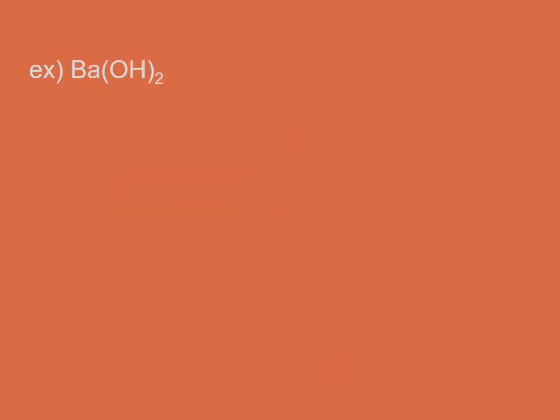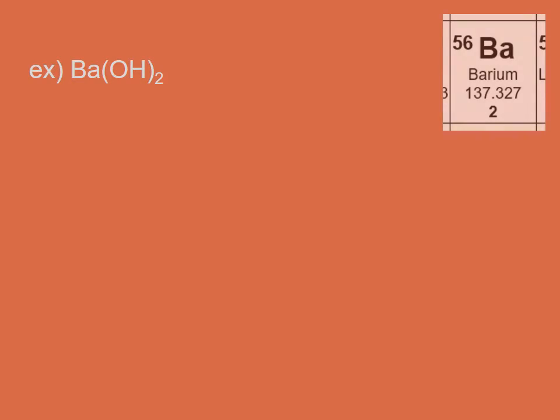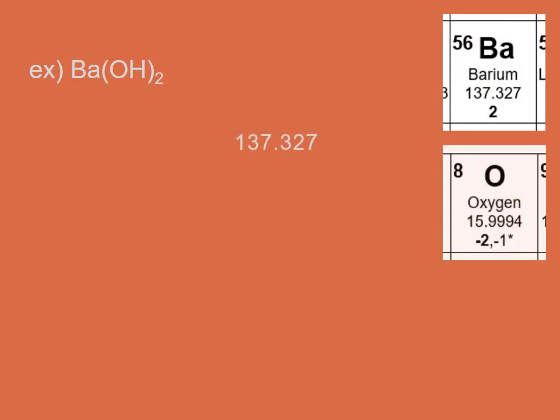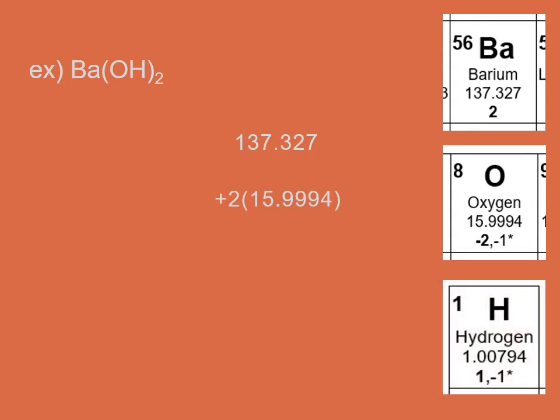Now for a quicker way to add those masses up, I look up barium and write down its mass. I write down oxygen, write down its mass and multiply it by 2 because I have 2 oxygens. I look up hydrogen, write down its mass, multiply it by 2. Then I just punch it into my calculator: 137.327 plus 2 times 15.9994 plus 2 times 1.00794, and that gives me